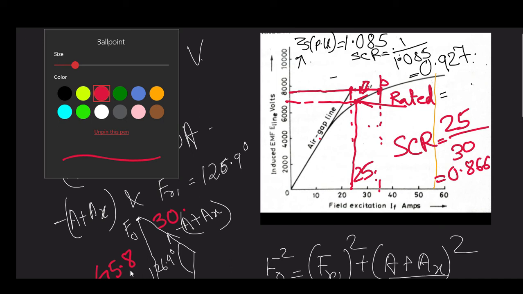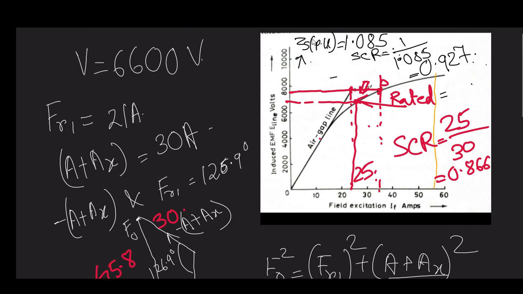Actually these problems are very boring, but we have to do it anyway. For power factor 0.5 lagging,